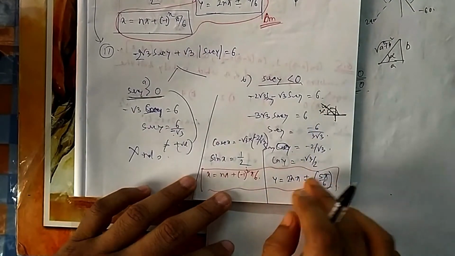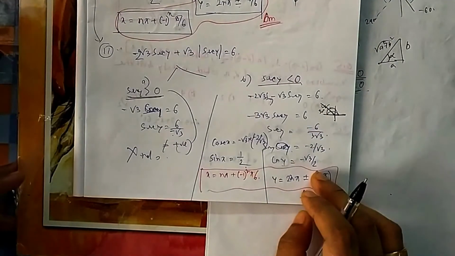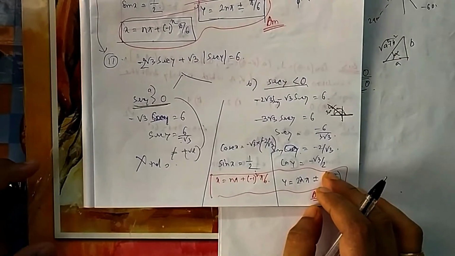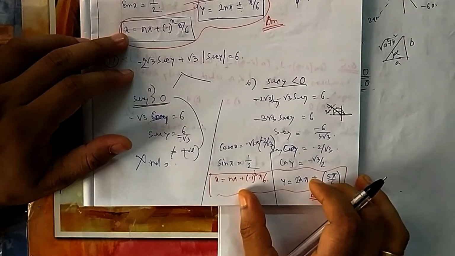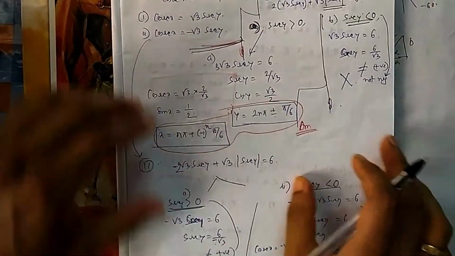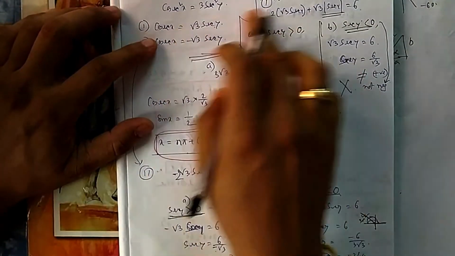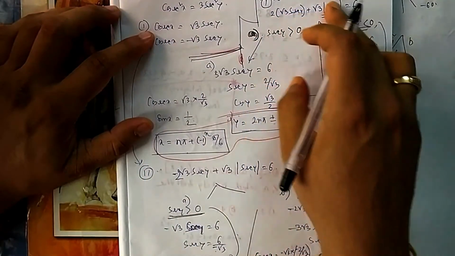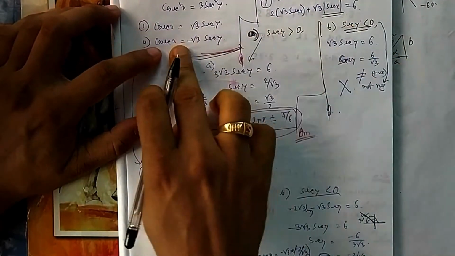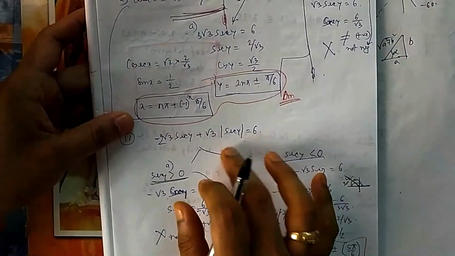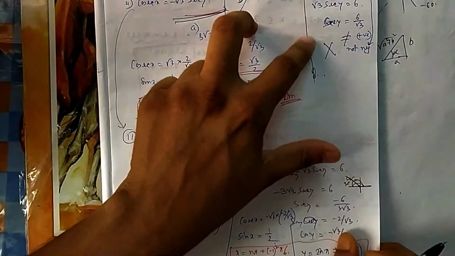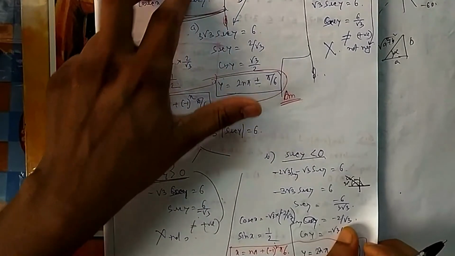You can think of degree, then you convert it into π. Or if you can directly write it in π, then it's okay. So final answer is this one. Either x, y is equal to this one or x, y equal to this one. So you see from here you got two equations. If you put one by one, put one equation, then here also you will get two conclusions. Again if you put this one, you will get two conclusions due to this mod sec y. So ultimately you have to consider 4 cases. 2 for this case, 2 for this case.